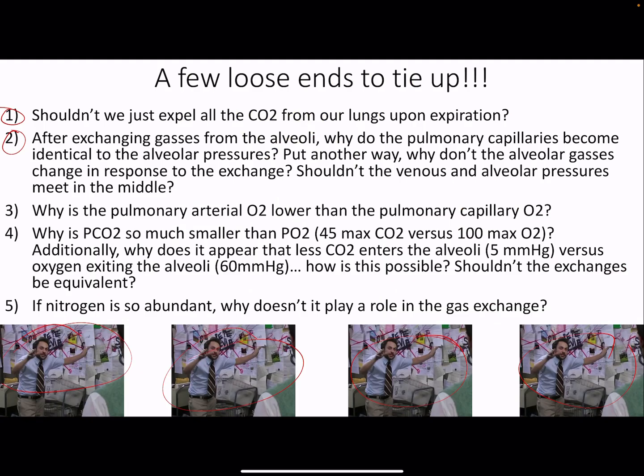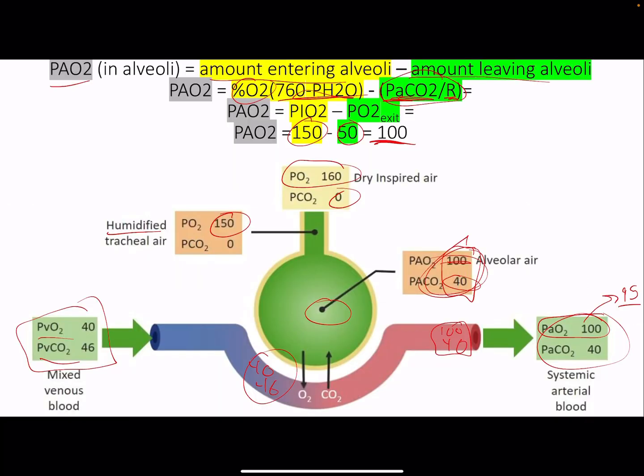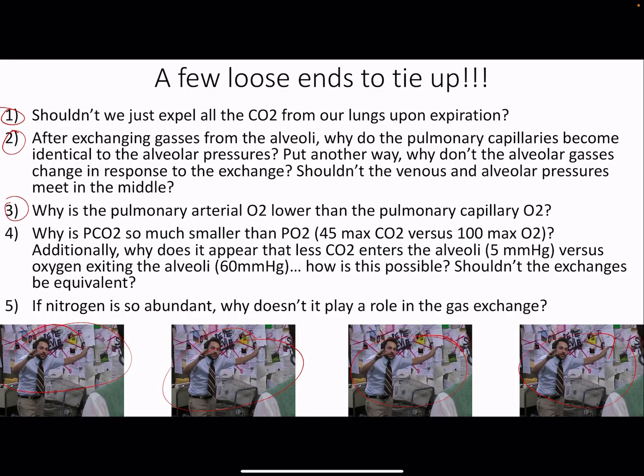3, why is the pulmonary arterial oxygen lower? Yeah, so I just said that in the pulmonary capillaries, it'll be 100. But quickly, as you go into the pulmonary artery and just the systemic arteries, it dips to 95. That seems weird. Why does it dip? 4,